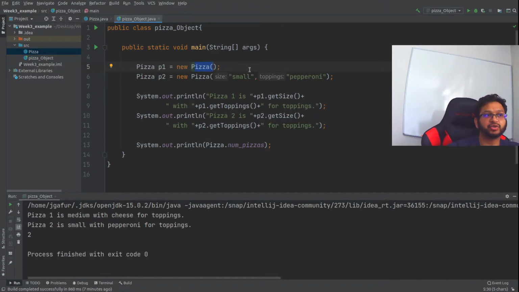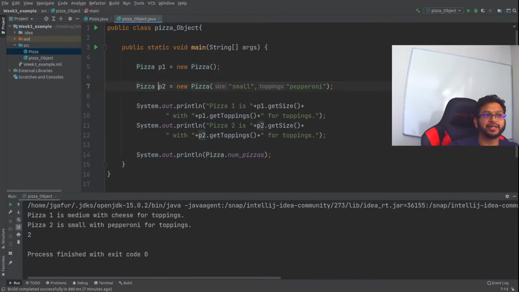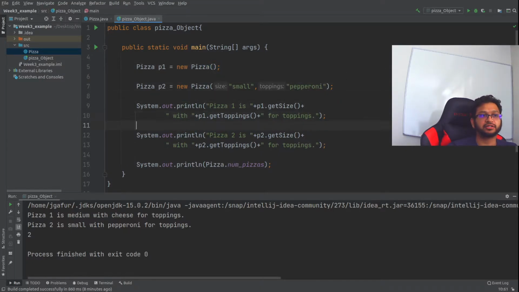variables. The next thing we're going to do is implement a secondary pizza, but this time we're going to send information in. And the information we're sending in is the size and the toppings that we want. If we go back to the default implementation using the default constructor, we assume that we've set it with a very basic size and topping. Later on we'll talk about that, but for now I just wanted to familiarize you with the default constructor. After that, it's just a basic print statement where we're saying we have the first pizza of a given size with a given topping, and then we have the second pizza with a given size and a given